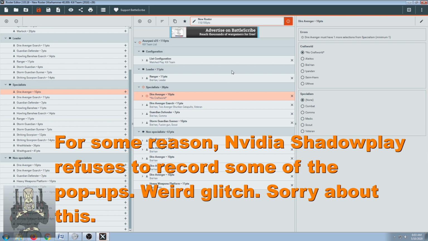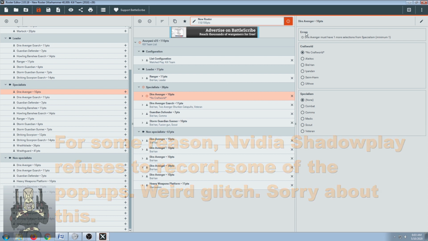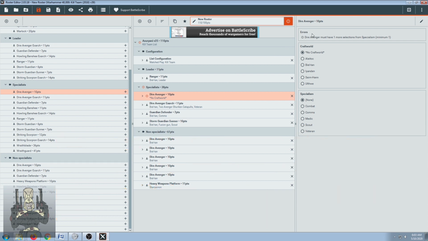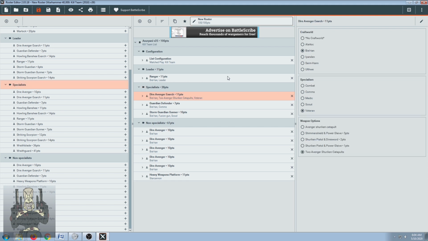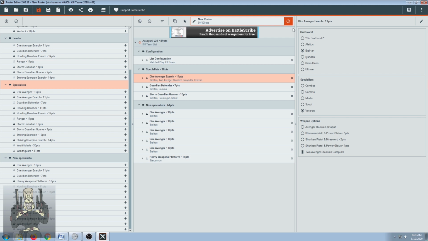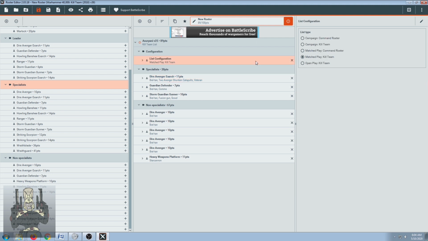So it's very handy to have because yep, it will warn you that it's going to be over by 10 points and too many special selections from the specialist. So yeah, this app is very handy in creating kill team lists. And if you also forget to place a leader, that's going to pop in there too. So yep, very handy. Anyway, so for the Death Guard squad,